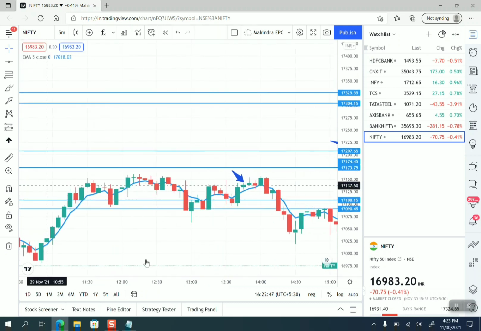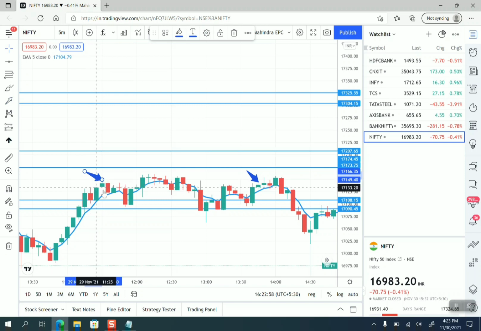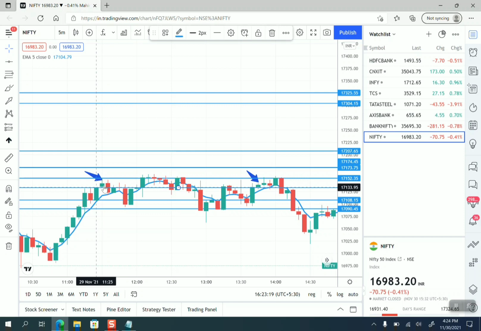In this case, you can see this candle again away from the line. It broke the low, and we made some points over here. In this case scalping is useful, but if it breaks the high or hits the stop loss, then we can exit. This was our stop loss, and this was the low which it broke. You can stay in the trade until it breaks the stop loss. From this level it came to this level, almost 100 points in this case also. So this is how it works.